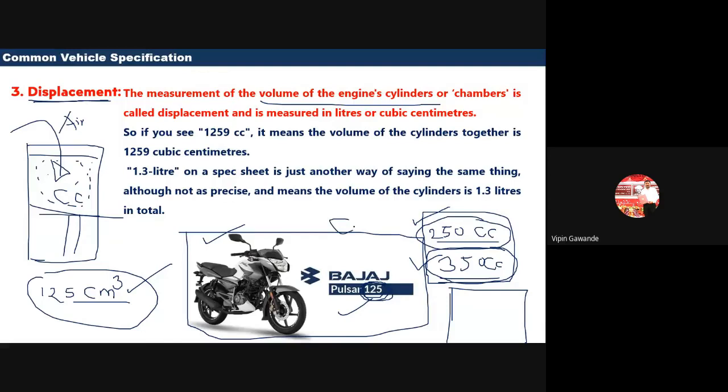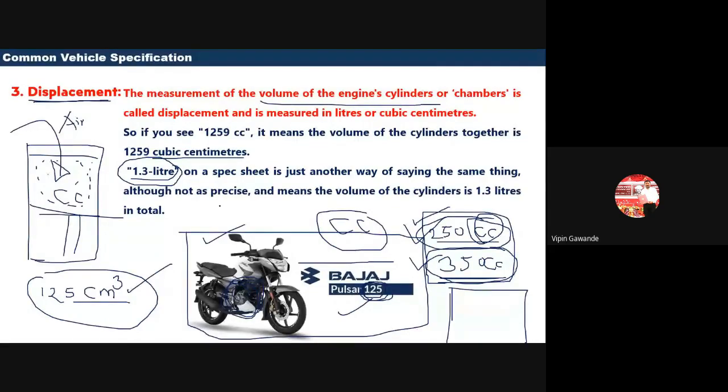So this cc denotes what? The size of the cylinder. It is measured in cubic centimeters, or sometimes also in liters. Many times we will see it in terms of cc only: 125 cc, 250 cc, 350 cc. So whenever you see any Bajaj Pulsar or any Bullet, and if anyone asks you what is meant by this cc, it is the volume of the engine cylinder in our two-wheeler, in centimeter cube.